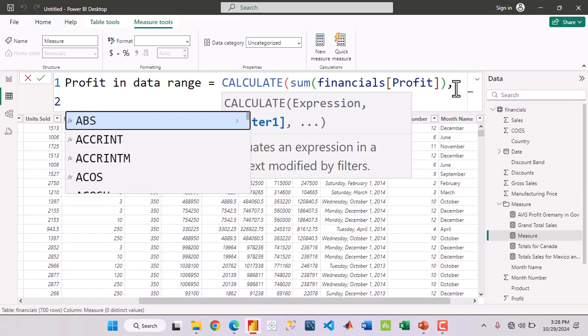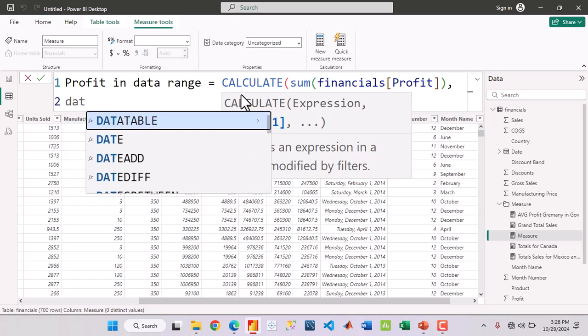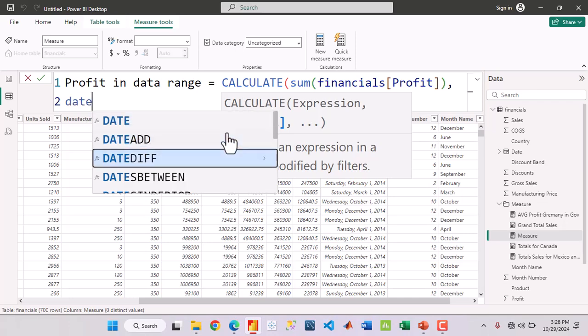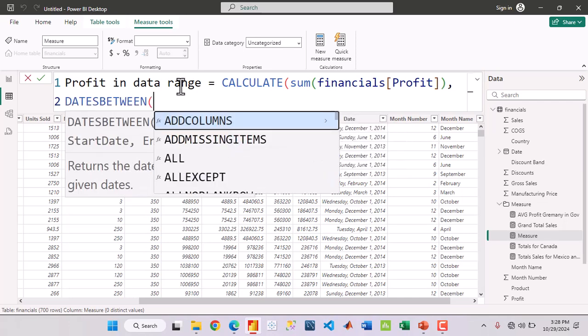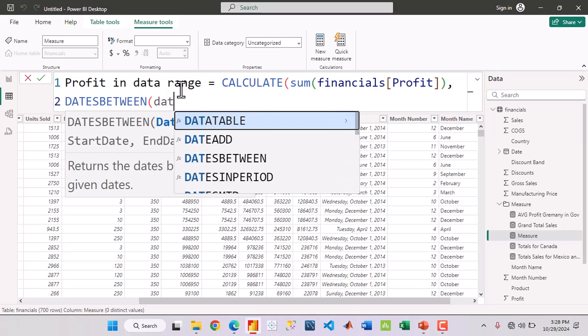Then let's come to the next line, SUM profit, and here let's use DATESBETWEEN. And then here we specify the date, right? So here you first specify the column. So we say date,